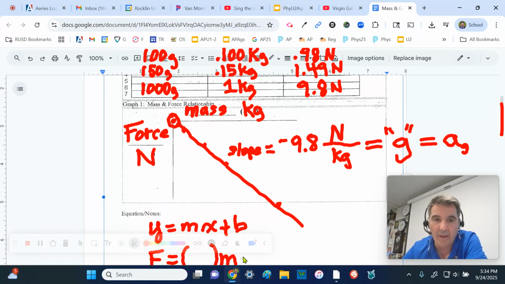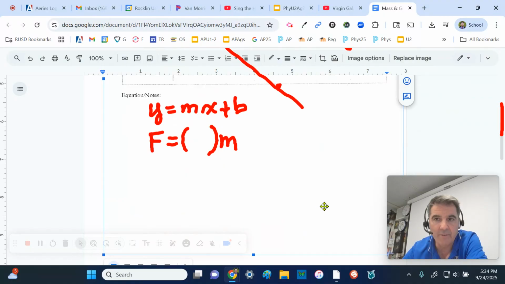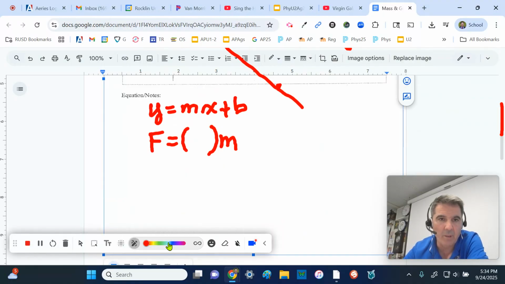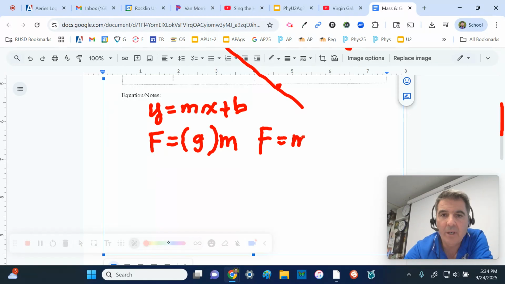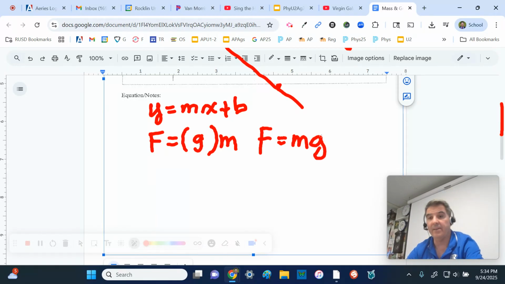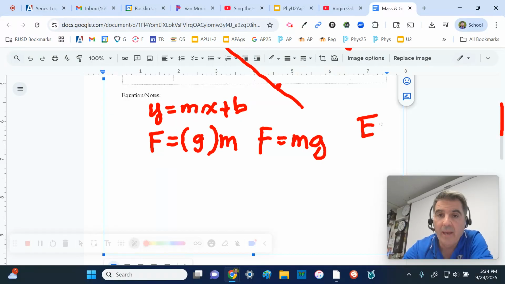So the equation that we have here becomes the force is equal to gravity times mass. Now we usually write it like this. The force, which we know is weight, is equal to the mass of an object times the gravity of the place that you're at, right? And that actually changes. Where are we here? Well, we're on Earth, right? So that is what it looks like